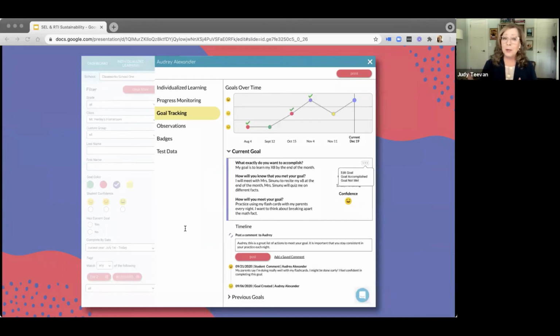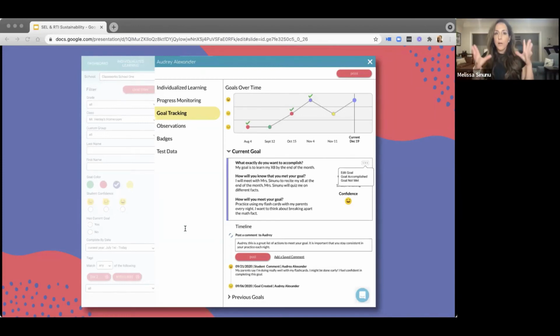So once students are developing awareness by looking at the teacher's observations, they can begin to practice self-management by working on their own SMART goals. Every student support team meeting should include looking at these student observations and the results of their social and emotional survey. And if student SMART goals are part of your school's MTSS framework, student goals should also be reviewed in this meeting. Student SMART goals are an amazing way to bring SEL to life in your school.